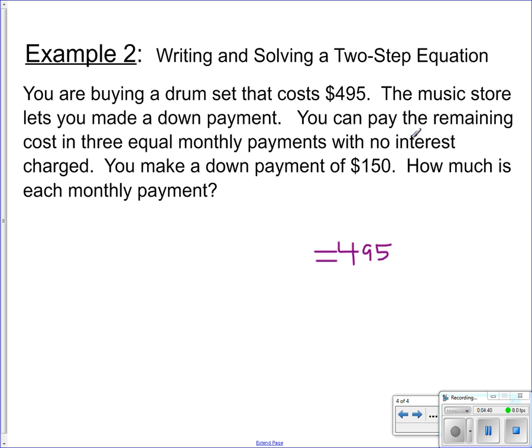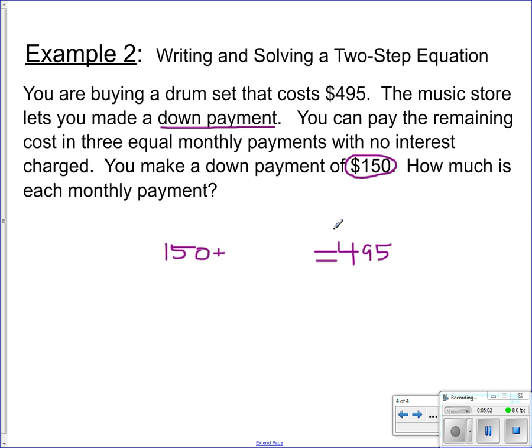We have a down payment here. A down payment is a one-time fee. So that down payment is $150. That's a one-time fee. You don't pay that every time. So that's just a $150 one-time fee. So I'm going to put 150 plus